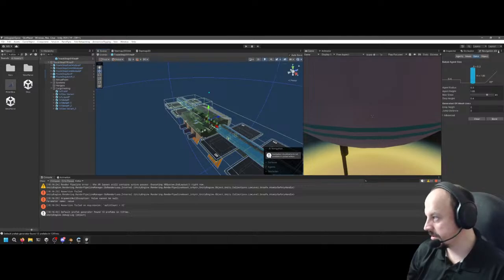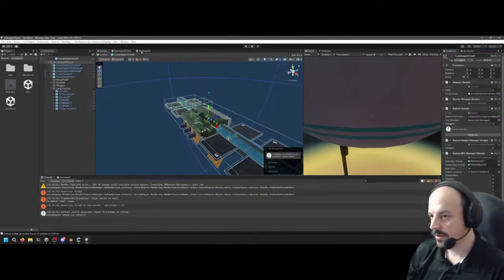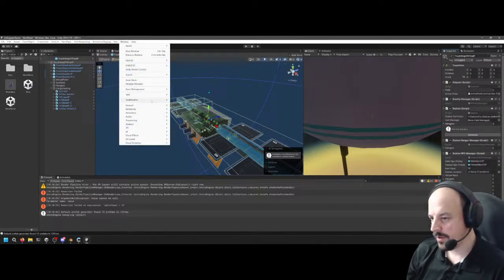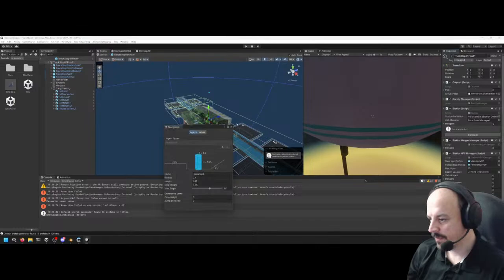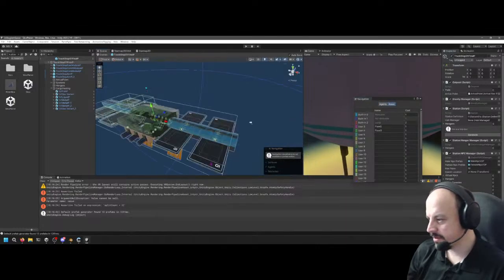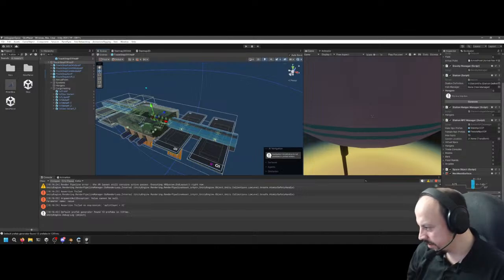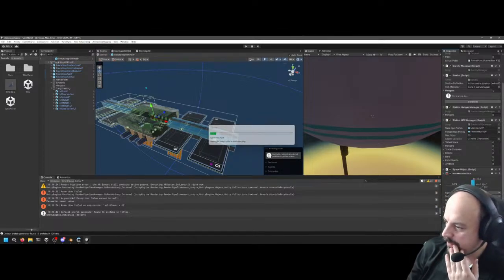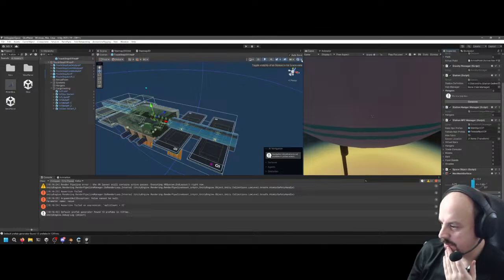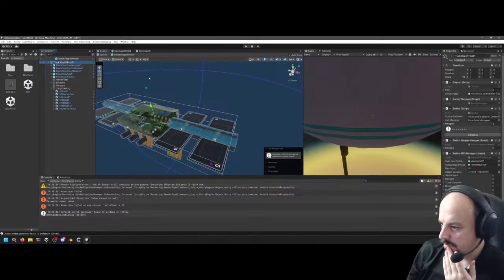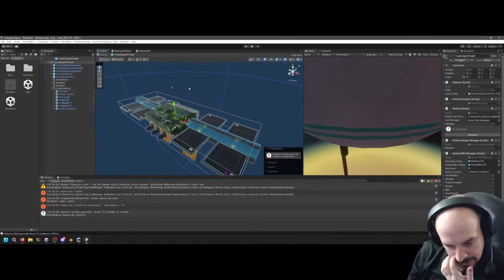In the new animator, so we'll get rid of this old one. We'll take a look at our new animator. Now we're looking at areas. So we should here see a bake. Oh, we updated the prefab. Okay, so I still don't see them.